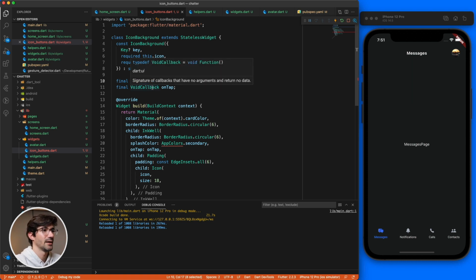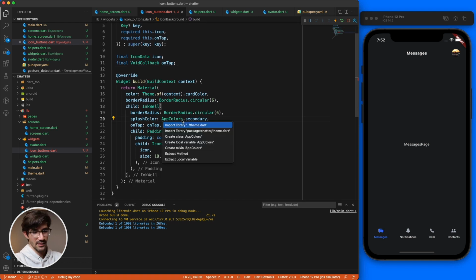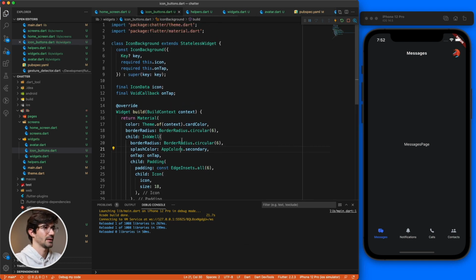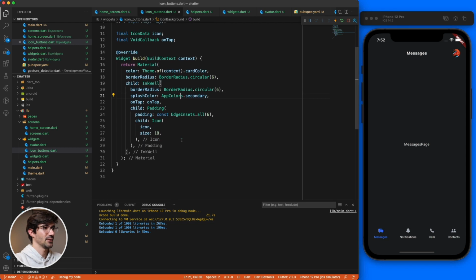Data for an icon, and then this time it's a void callback. So in the other one we specified that we wanted a callback with an int value. This time it's void, so it's just returning a void function, not getting anything in. And import theme. Okay, fantastic. So what this does is,